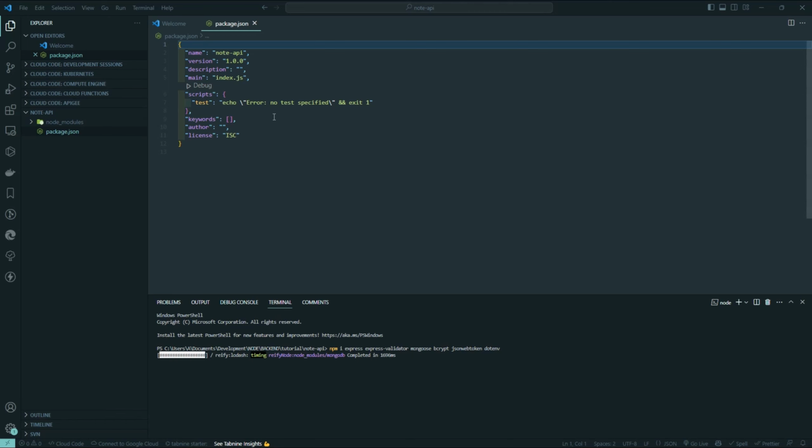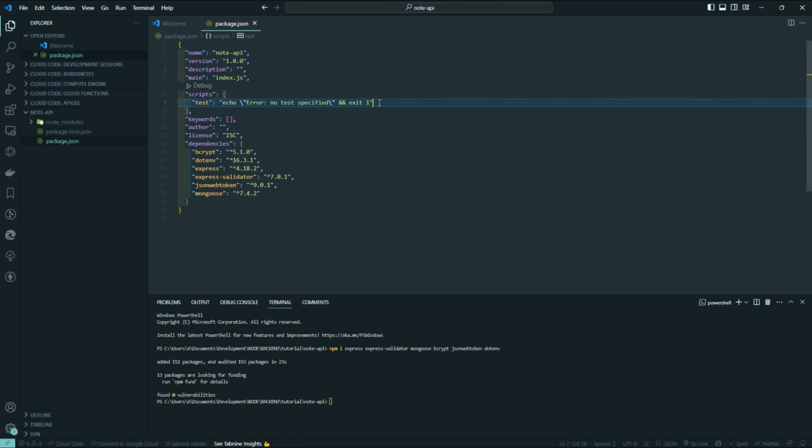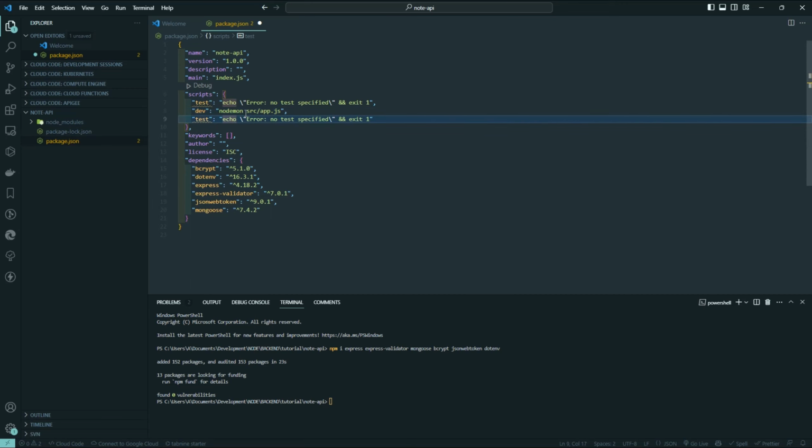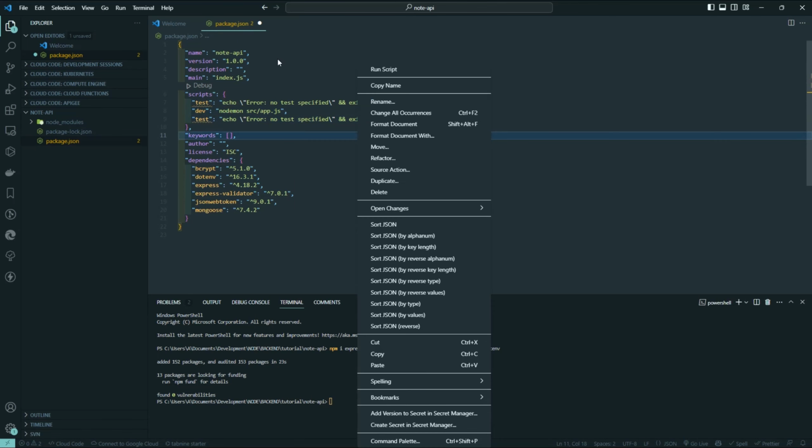So then we want to update our scripts here. We need some other scripts. So we're going to add the dev and the start script. So here the dev is going to be nodemon. We're going to use nodemon to start the app. That will be nodemon src/app.js. This is going to be the root of our application. And then the start